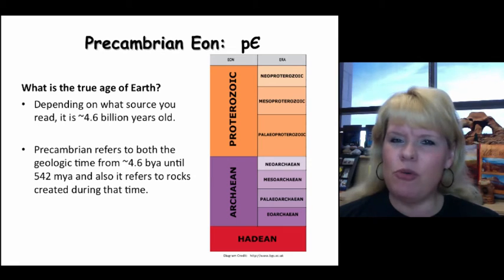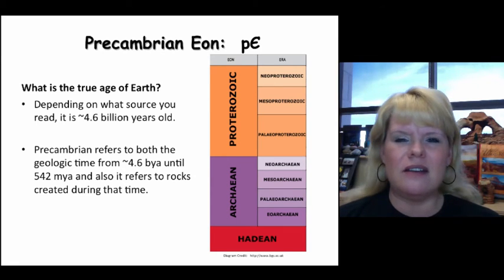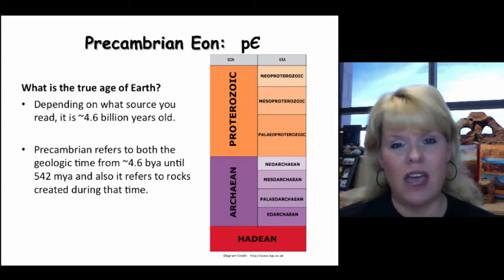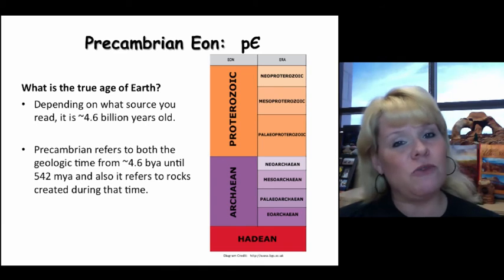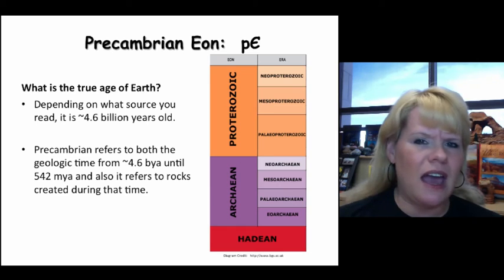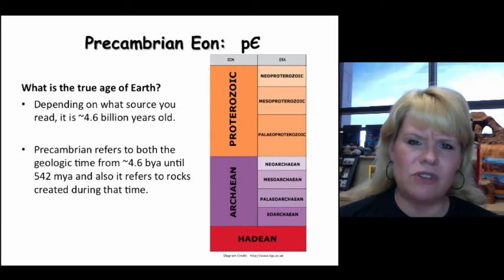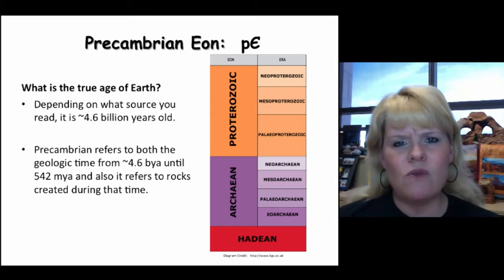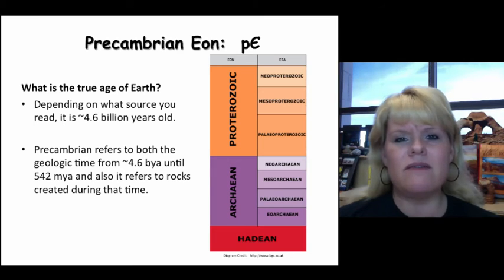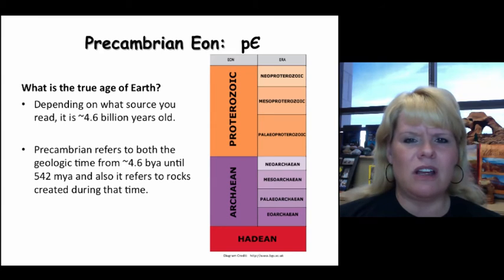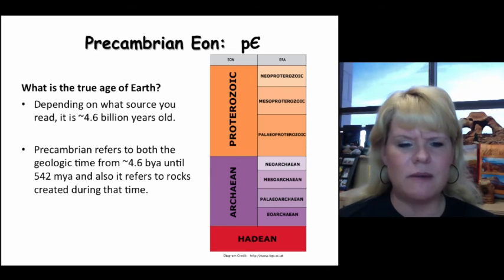So that seems like we should have a pretty good volume of the Earth's record there, doesn't it? But the truth is we don't. We have a minimal rock record of the Precambrian, at least certainly for the Hadean, somewhat for the Archean, much better for the Proterozoic, which makes sense from oldest to youngest. So we're going to be looking at the initial inception birthday of the Earth, which is somewhere around 4.6 billion years old. To be clear, it's 4.54, depending on what you read, to 4.56 billion years of age. And so we're going to look at that age, and then we're going to run through the scale and talk about what happened in the Hadean, Archean, and Proterozoic.